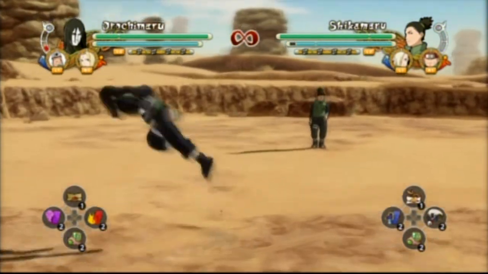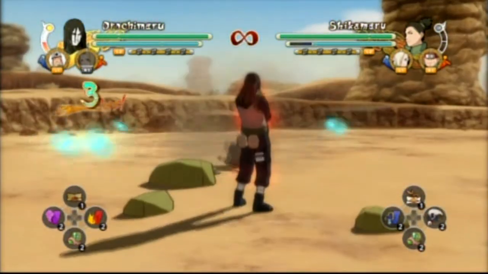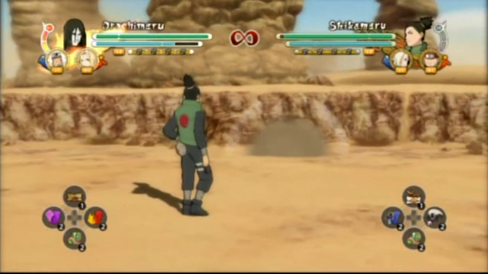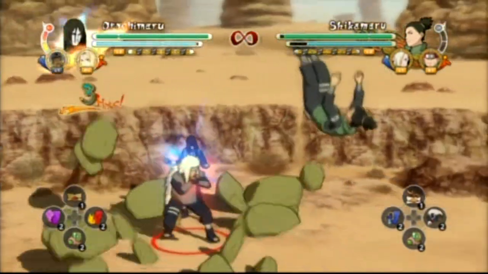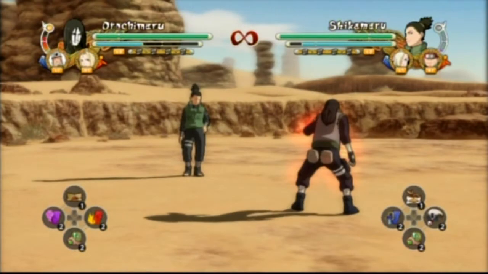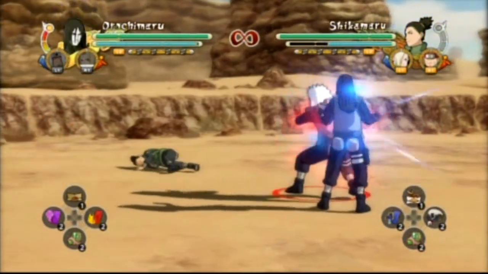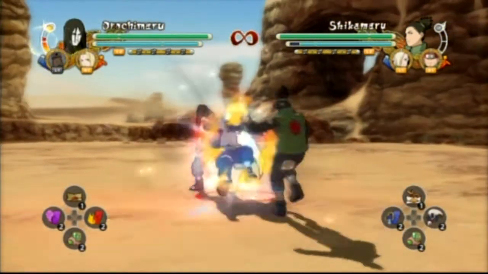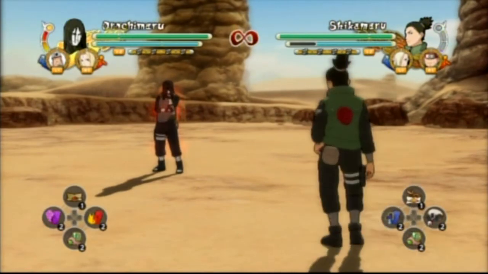A few examples are ninja moving, jutsus, ultimate jutsus, regular plain old projectiles, jumping,